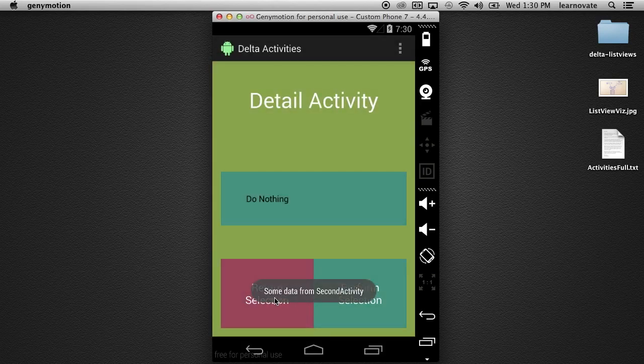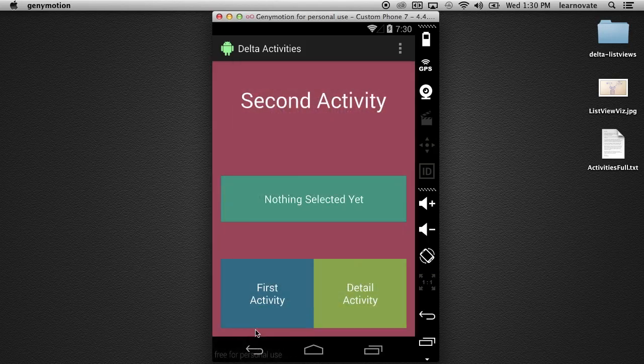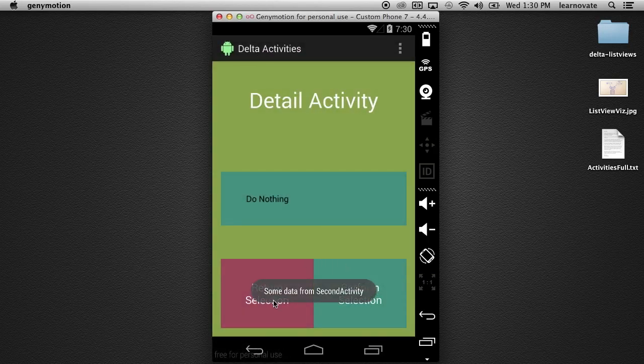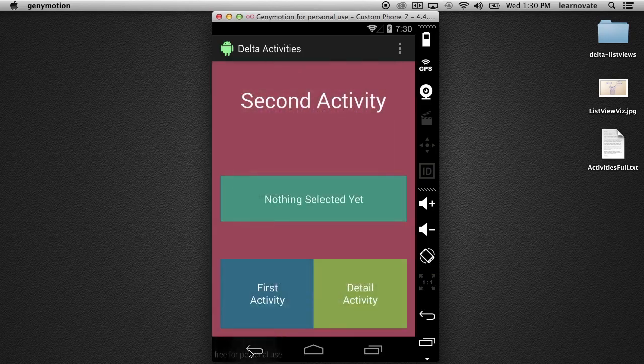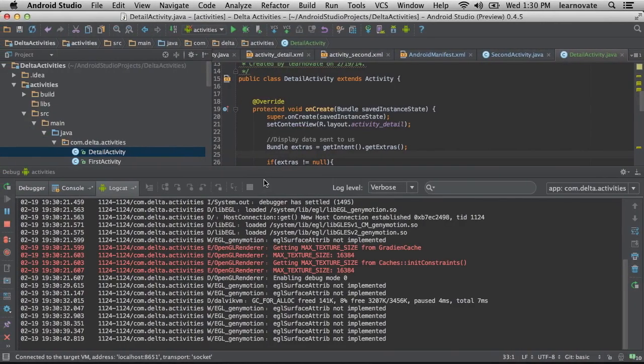There we go. Some data from the second activity. Okay, but it was the same toast format. Yeah, I don't know where that came from. That might have been like the toast was left in the queue. Not sure. But yeah, you saw how we sent some data, and then in the next activity we got